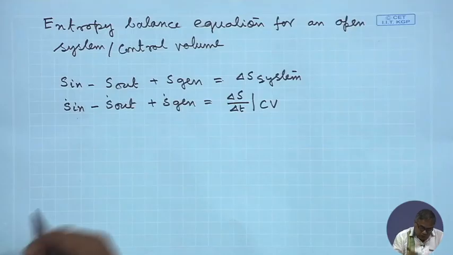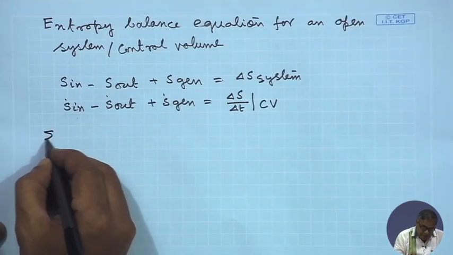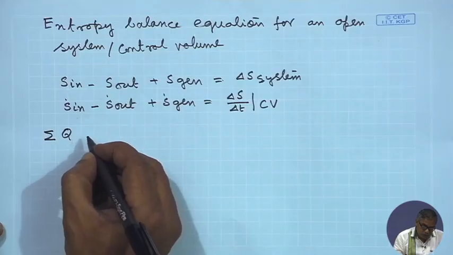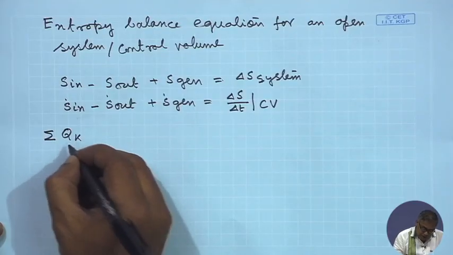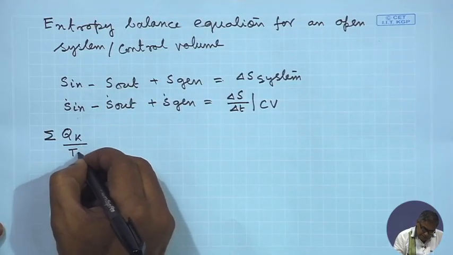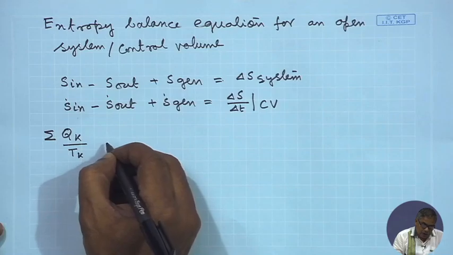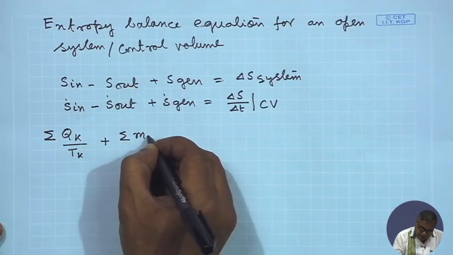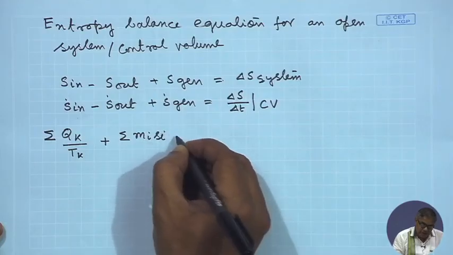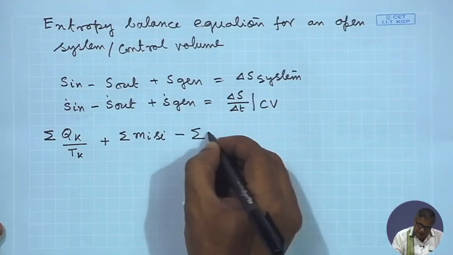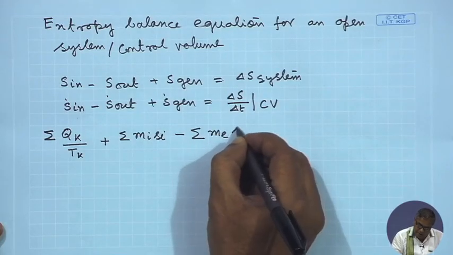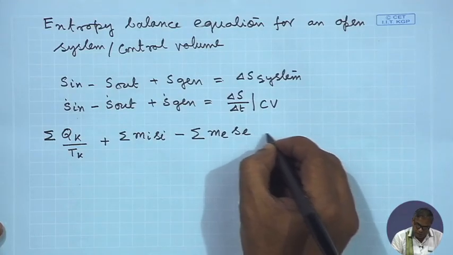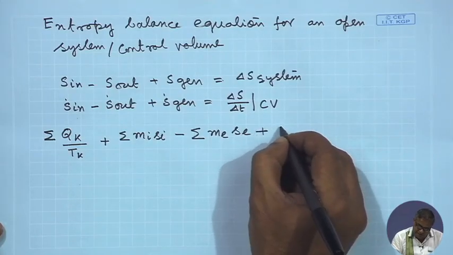So, for S in, what can we write? Σ Q_k by T_k plus Σ m_i s_i minus Σ m_e s_e,